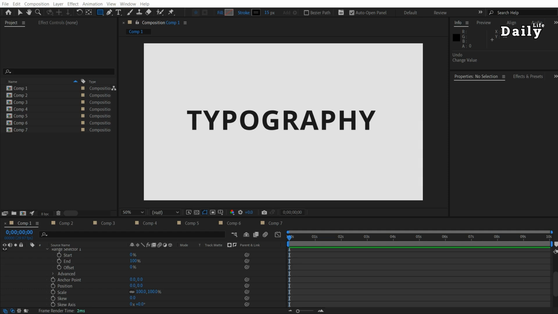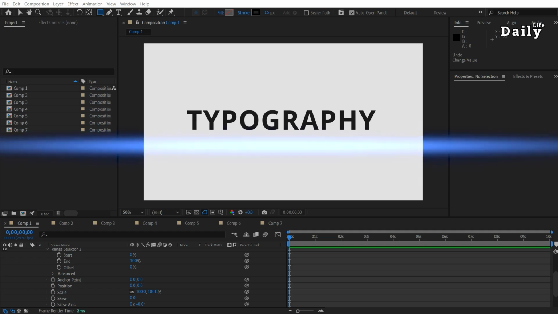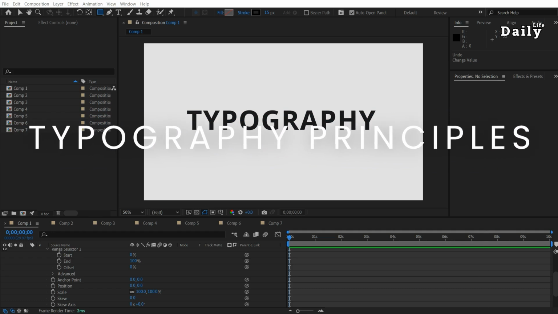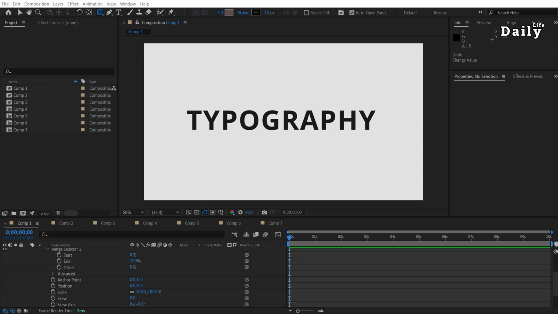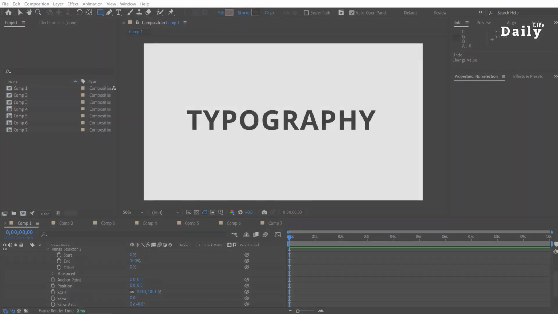I have created and tested countless typography samples, including minimal, corporate, and fashion typography, to name a few. Through this process, I started to see patterns and could categorize them by whether they adhered to specific rules. This led me to establish a set of do's and don'ts for different types of typography, which I called typography principles. I'm excited to share these principles with you and eager to hear your suggestions and thoughts.